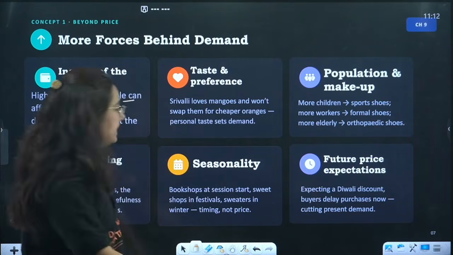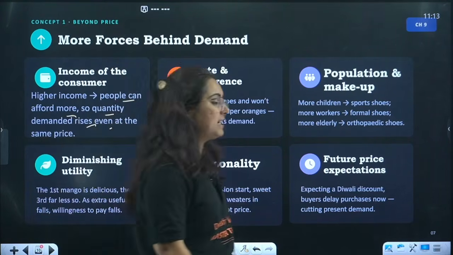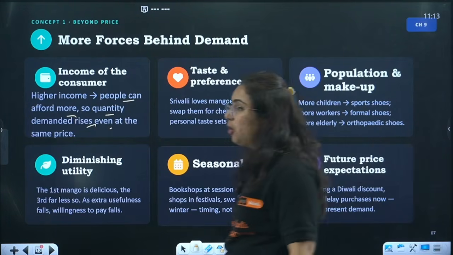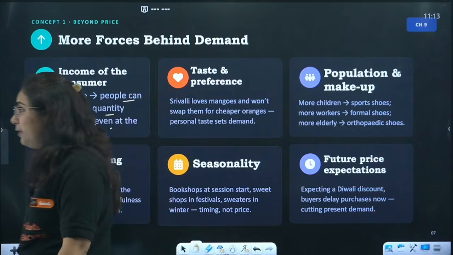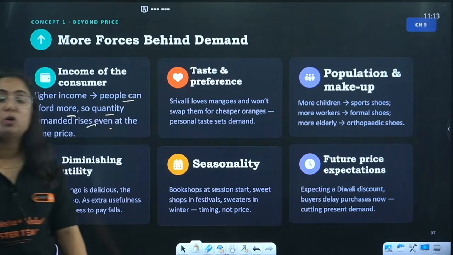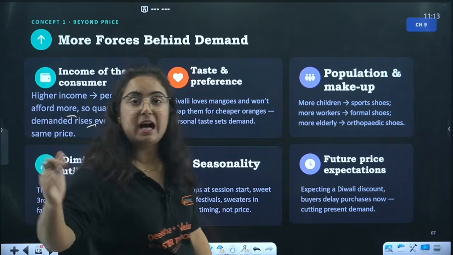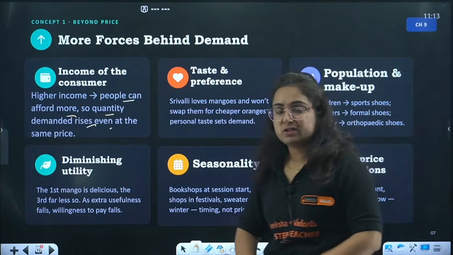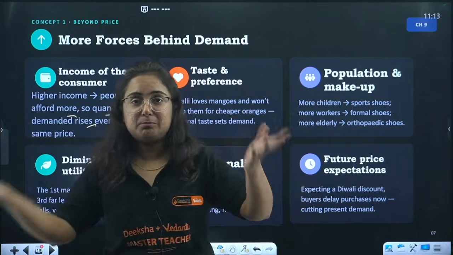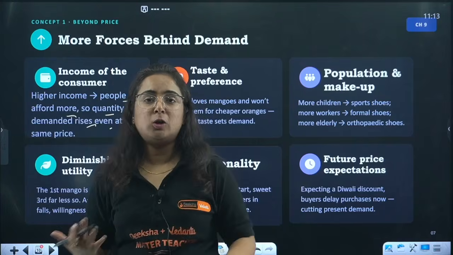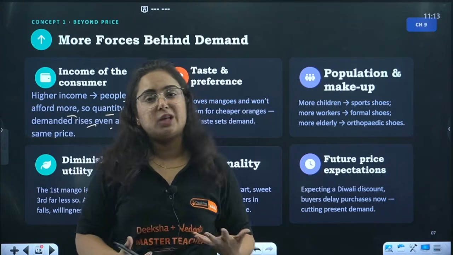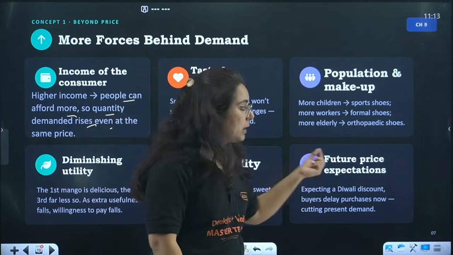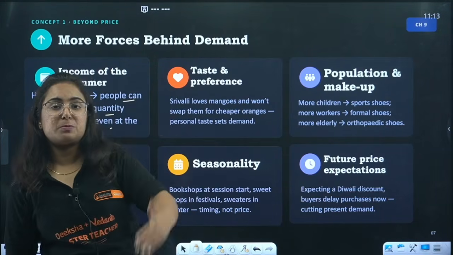Getting my point? And that is actually future price expectations, and this is very important. Like when people got to know that gold is going to cross 1 lakh rupees, everyone in India started buying gold a lot. And then the Pradhan Mantri came and urged people not to buy gold, as we are facing a global crisis because of that. Right? So yes, when we are aware that in future the price of this product is going to increase,